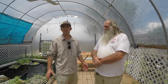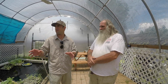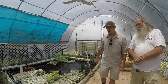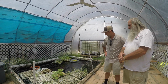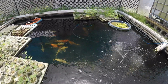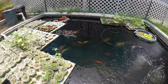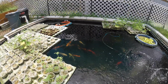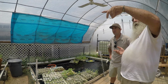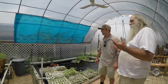That's amazing. And you guys are using chemical-free methods. Yeah, no pesticides. I can see here too, looks like you've got an aquaponics system. Yes, this is. And with that, we raise fish in the pond. In here we have a combination of koi, goldfish, bluegill, and catfish. And they create waste in the pond in the form of ammonia. The water with that ammonia is pumped through all of these grow beds, and we grow in an expanded clay